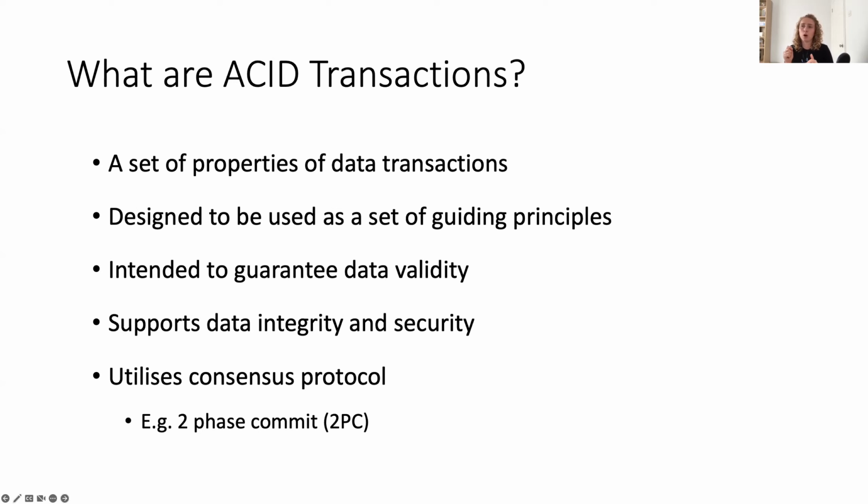But if you really want to take a look at some of the others, you could look at 3PC, so three-phase commit, Paxos, Raft. There's a bunch of others that other people use. Just for simplicity's sake, and also because it's one of the most common, I'm just using 2PC in my example today. So let's take a look at what happens if we were to use an ACID transaction, but in a distributed cloud native application.